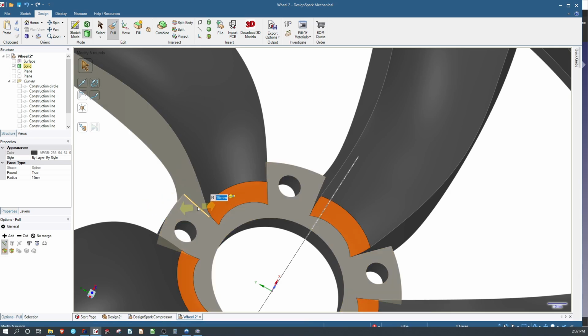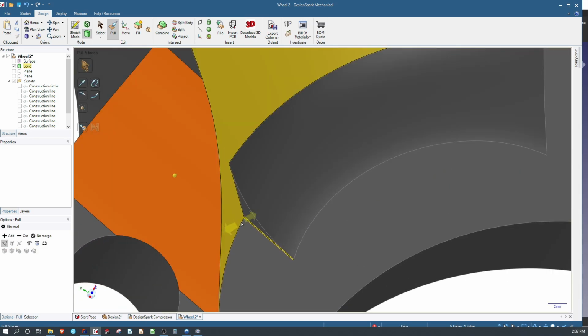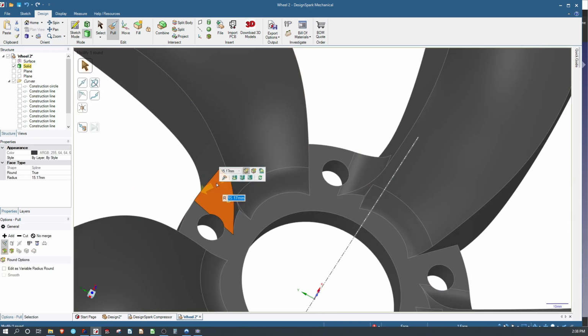Yes, it does. Select this edge. Does a 15 millimeter work? Might run into that hole there. It does. Not in the way I was expecting, but